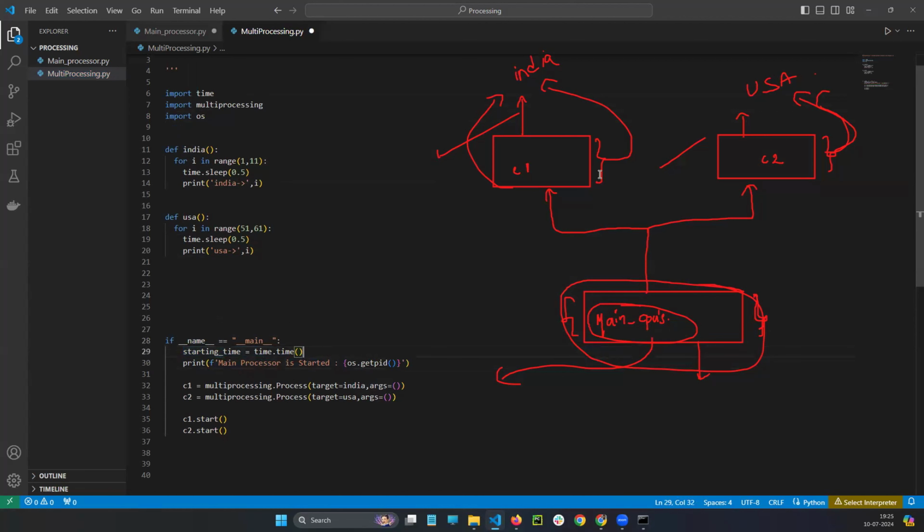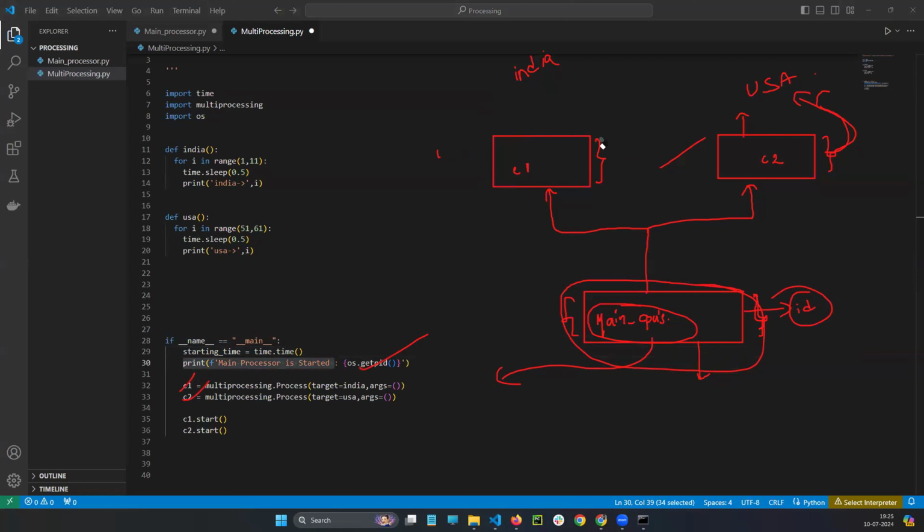You are recording the time because to do all this operation, you need to record how much time it takes, no? So what I am doing here is, first main CPU is starting, I am recording the time, and I am printing this main CPU ID number. ID number also I am printing here. See, I am printing. I am creating C1. I am creating C2. Okay, what I'm doing?